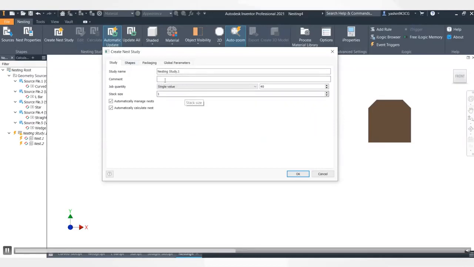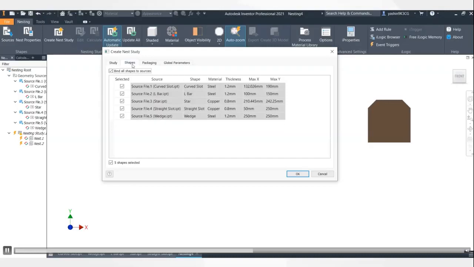You can place a comment in, but more importantly we'd like to stipulate how many times we'd like to run this job. So how many instances of the shape profiles that have been extracted are we going to manufacture and create? In this case I'll have 10 pieces for each extracted shape. Over and above that you can define the stack size. So the stack size is just going to be what is your machining operation? Do you cut 3 pieces of material on top of each other? You can input that information there, and then it will be calculated into your nesting study as well as yield